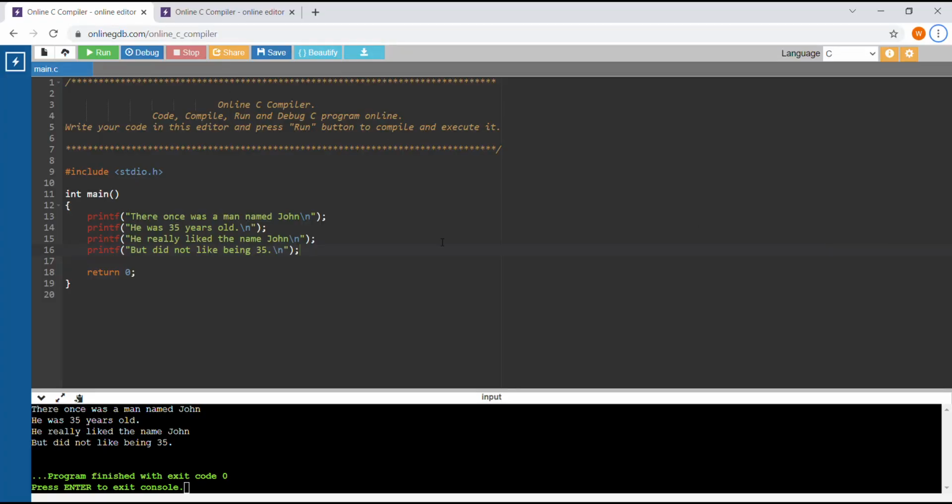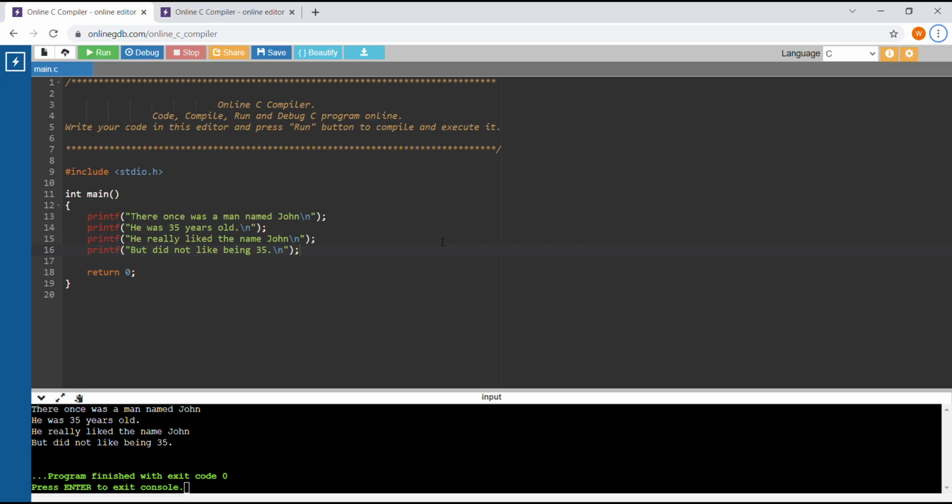A variable is essentially a container where we can store different pieces of information, different data values like numbers or text or characters. Variables make it a lot easier for us to keep track of and manage all the data in our program. So I want to show you guys basically how variables can be useful and how we can use them in our